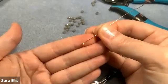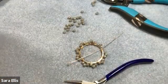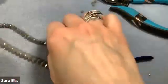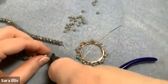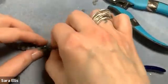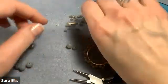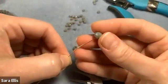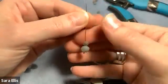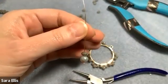Okay, so now we've got our little head pin ready and we're going to add some beads to this. Let's go up a size with our beads. I'm going to use the next 2 sizes up, so I'm going to trim these off. I've got this one and I'm going to use this one. I'm going to thread those onto the little head pin that we made. Drop that down. Drop that one down. And now we're going to create a wrapped loop on the top here